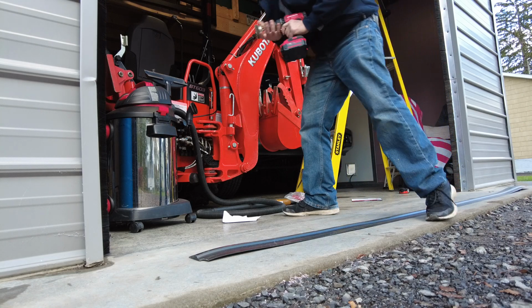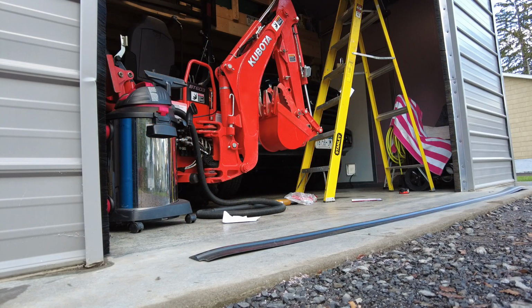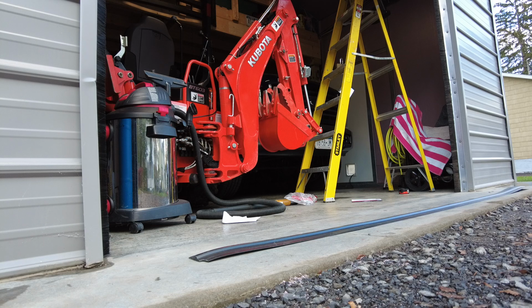Alright, so I roughed that up a little bit. So, next, we'll get some acetone, or rubbing alcohol, and we will clean up that spot, wipe it down. So that's very important to have a clean surface for it to stick to. So I'm going to get a rag and some denatured alcohol,